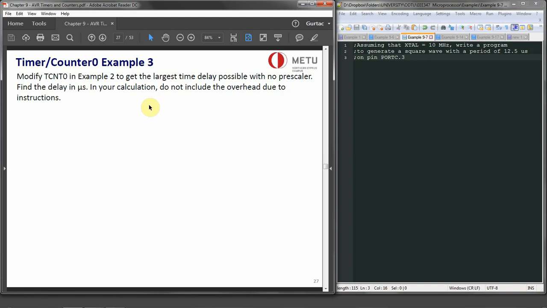In order to find that, this is actually going to be 256 times. That means we can set TCNT0 to be 0. Starting from 0, it will count up to 256. And the delay can be found, in this case,